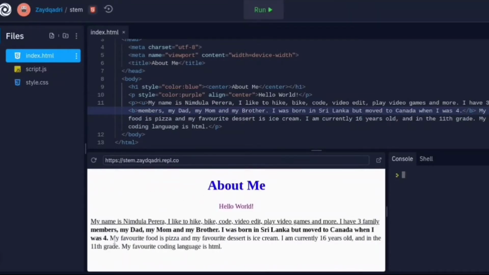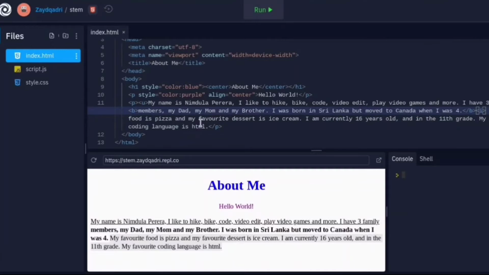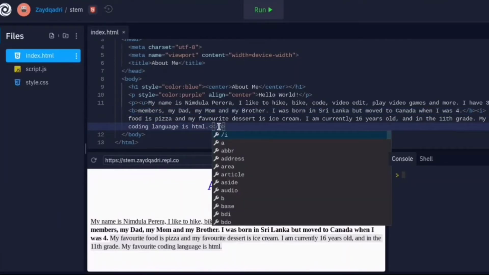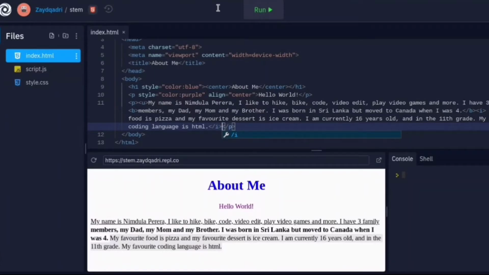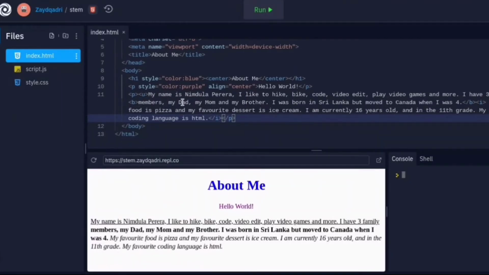Now for the final text, I want this to be slanted. Another very easy and simple command. Right here, arrow, I, arrow, and at the end, right before /P, arrow, /I, arrow. And that turns our text slanted. Now, we successfully learned how to center a text, change the color of a text, bold text, underline text, and